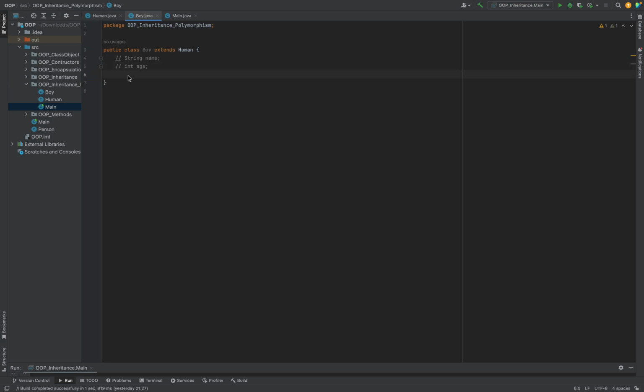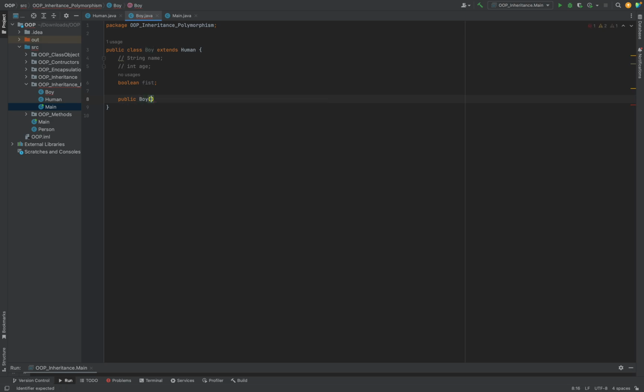And we'll add here, for example, let it be a boolean fist. So fist, it means I think we can identify that it's the boy. We'll have the fist,